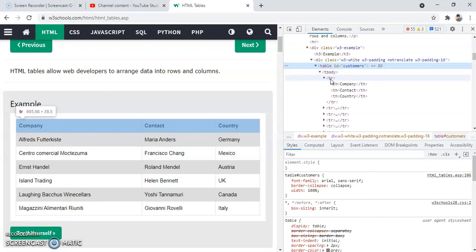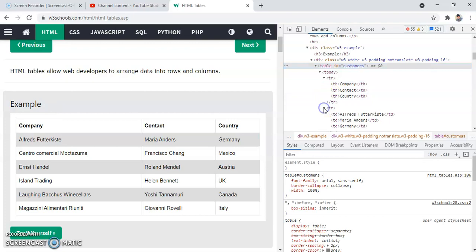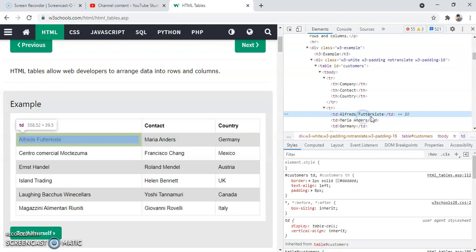Okay, so this is the first row, and inside first row we have th, that is called as table header. If you go to the second row, we have td. So from this we have the cell values.